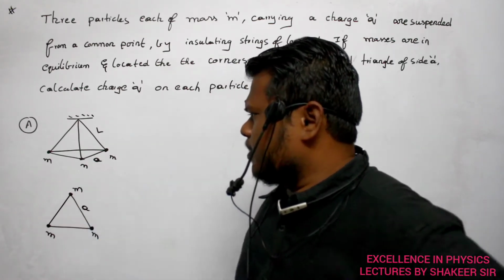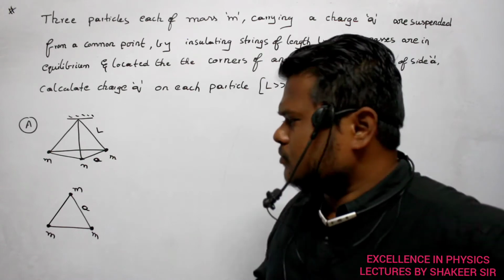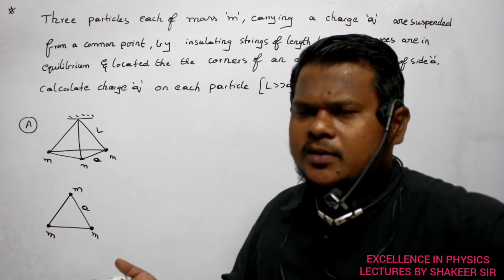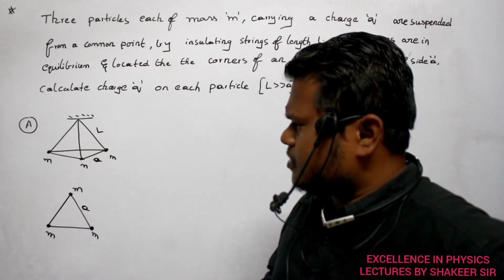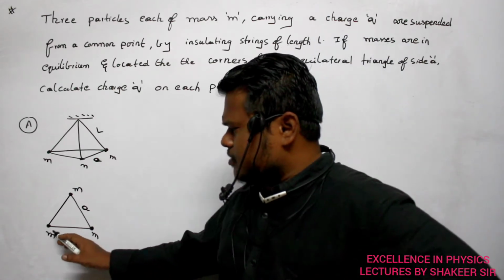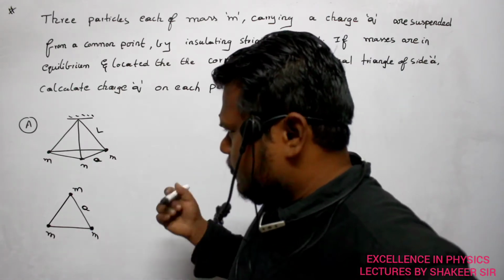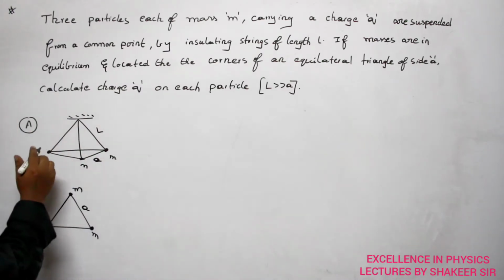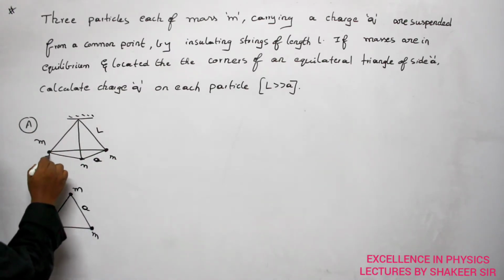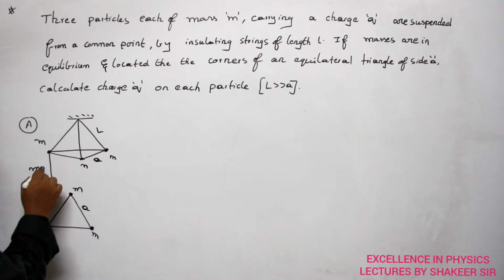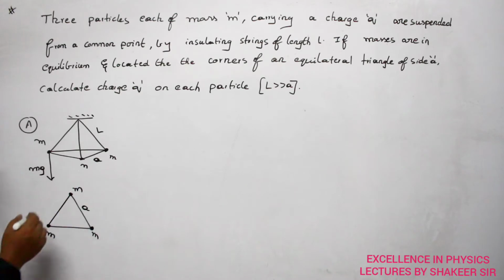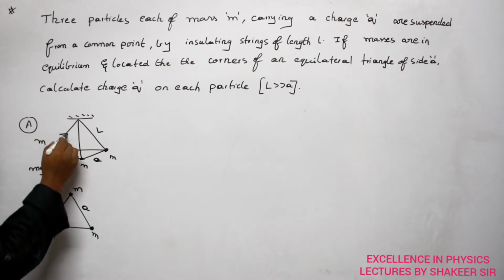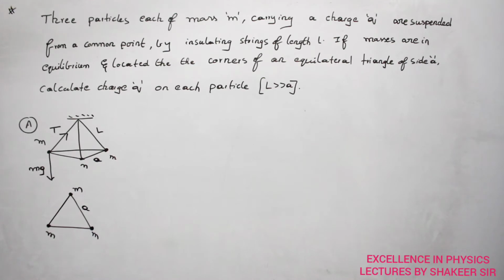If they are in equilibrium, then what is the condition? If charges are in equilibrium, it means again net force is zero. That is the meaning of this. Now first of all, can you say how many forces are acting here? For example, if you take one particle, its weight will be acting in the downwards direction. This is a body of mass m, so its weight mg will be acting exactly downwards. This is one force. Are you able to understand? And similarly, tension also will be acting. So this is one more force which is called tension. Still any other forces?